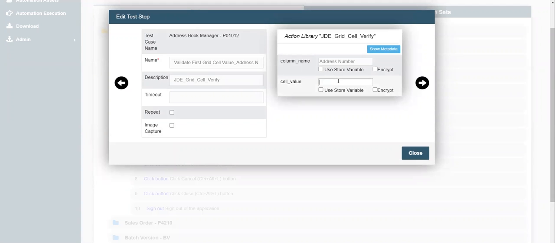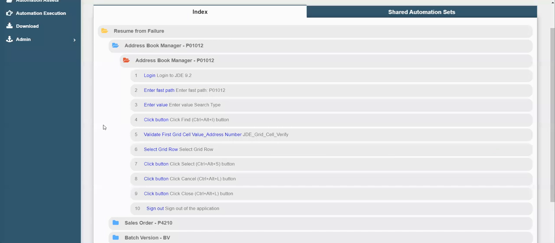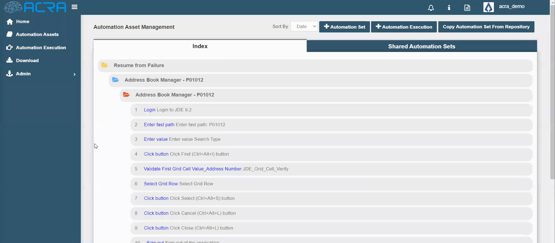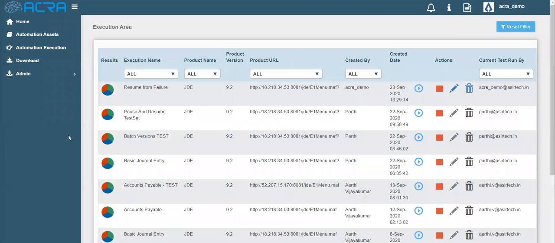Removing the wrong cell value and entering the right cell value. Closing the edit test step pop-up once after updating the right value. Navigate to the automation execution page. Now let's see how the Resume from Failure feature works. Resume from Failure feature lets users rerun the failed iteration with only the failed test sets